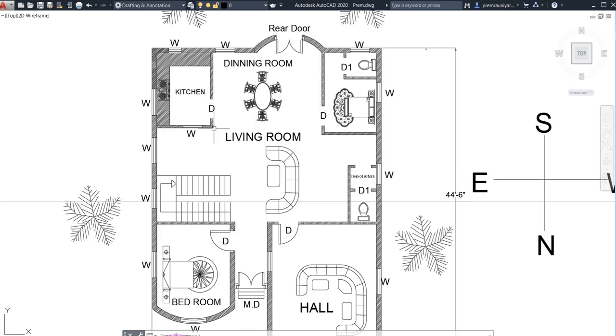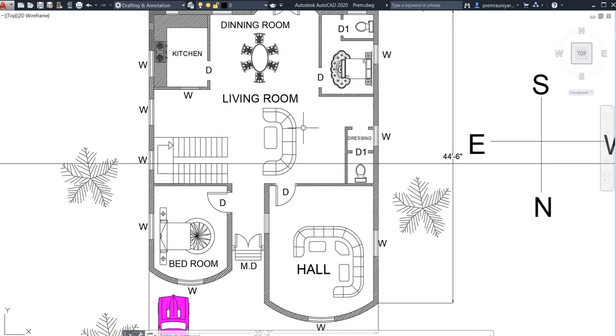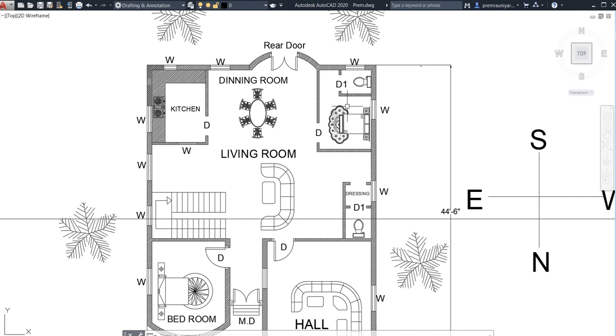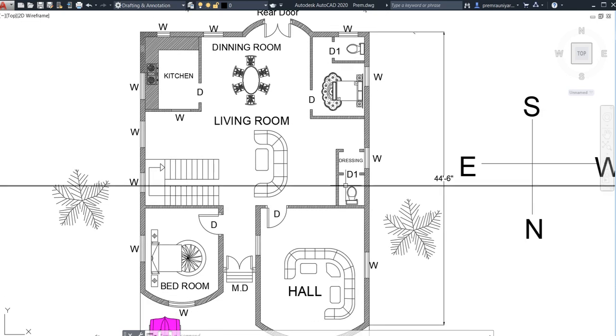Now talking about the toilet and latrines, this is the most important thing. You can't keep your latrines or bathrooms anywhere except this area, the right of this corner. You can't keep it here, you can't keep it like this, here. Generally we need to keep it at the last, at the ending of your home.